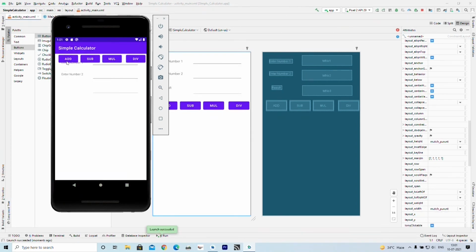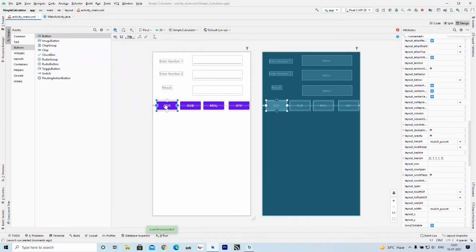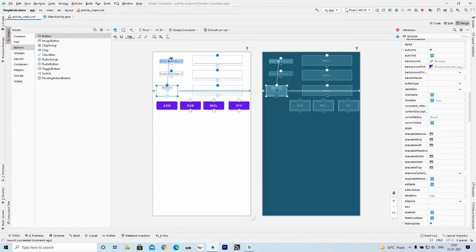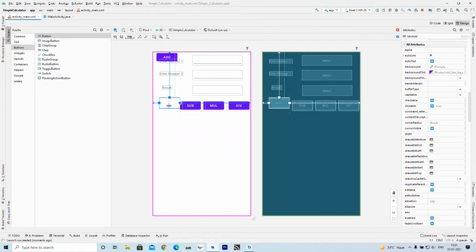So, now why are these buttons shown at the top? Because we have not provided a top constraint. So, here just provide a top constraint.